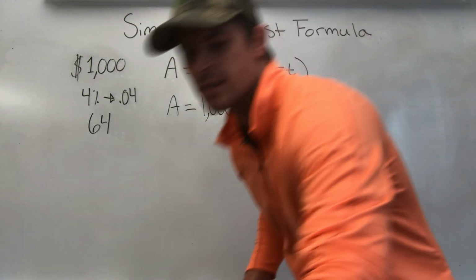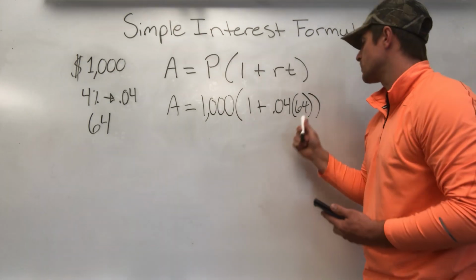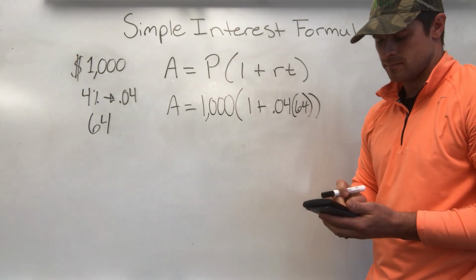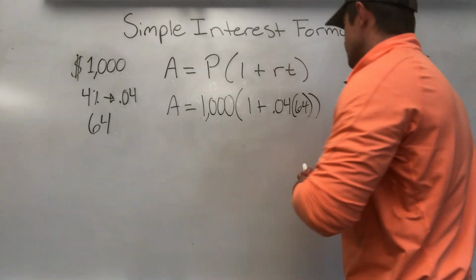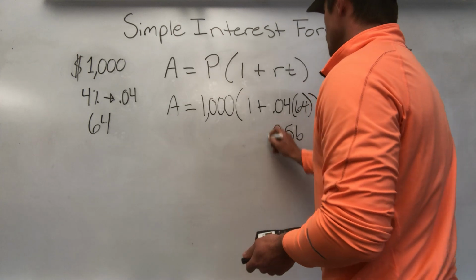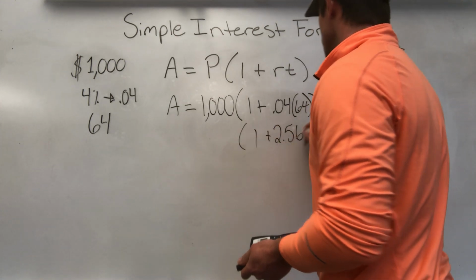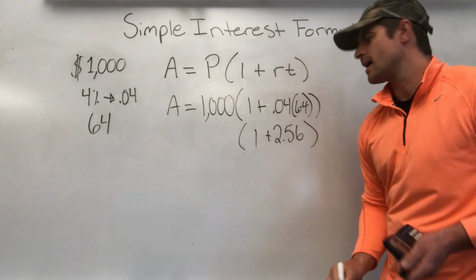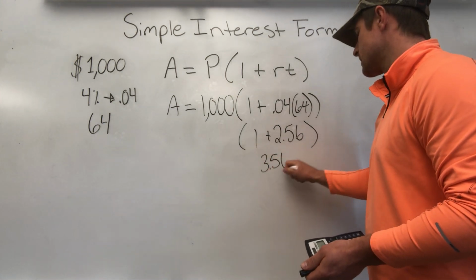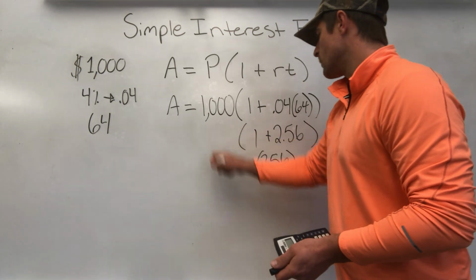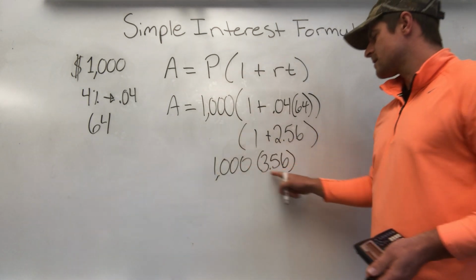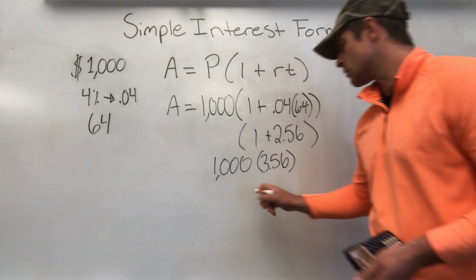Okay, calculator comes in handy here. Just grab that calculator and multiply 64 times 0.04. We're going to get 2.56. Which we already know now that we're going to be doing more than doubling our original value, because this is going to turn out to be 3.56. Multiplying that by the 1,000. 1,000 times 3.56 would give us a grand total of